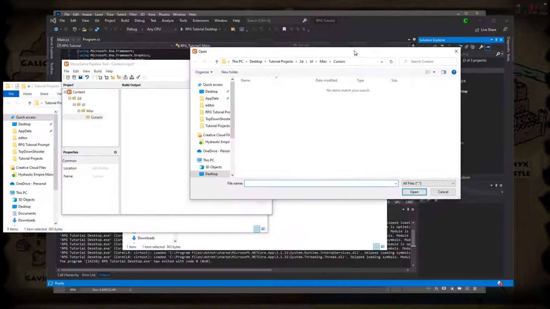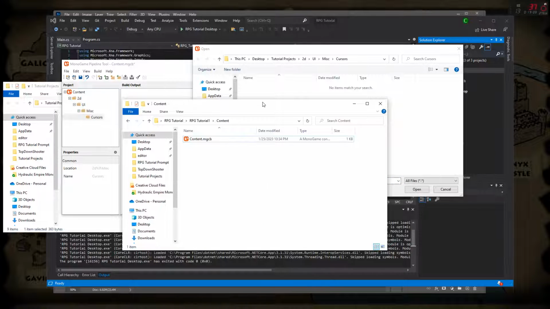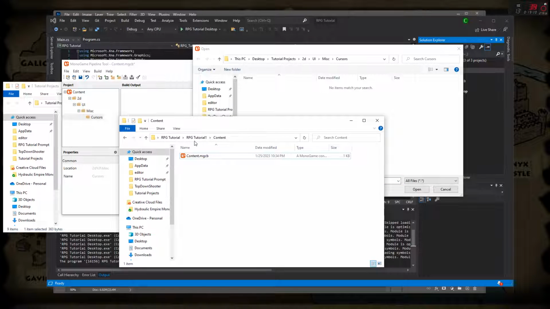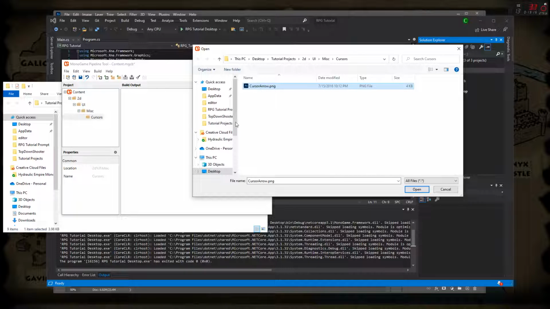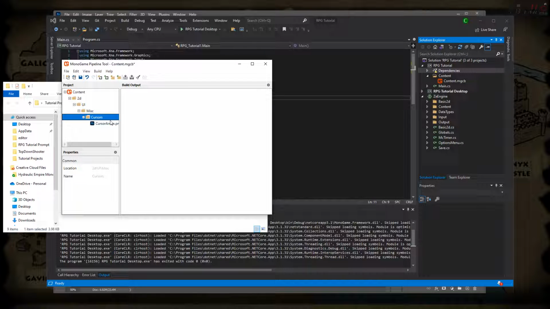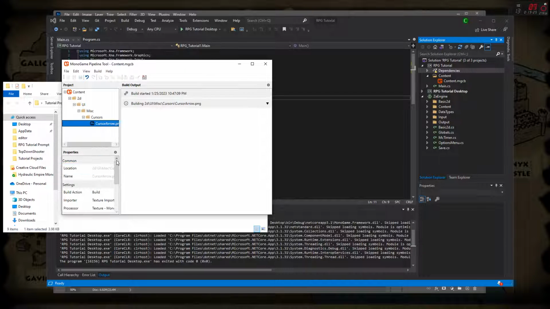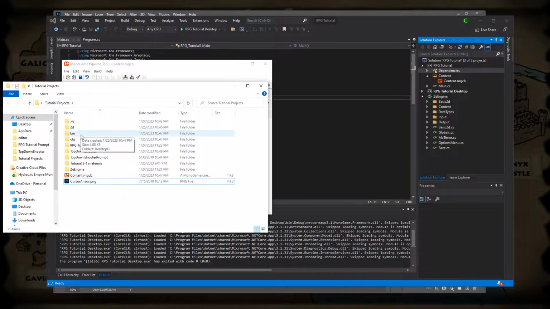Okay, that opened in the right spot. I must have deleted something when I was setting that one up. I just started setting that up earlier. We want this guy, so we're going to copy him in here. I will give you this file, don't worry. And you can hit open. Inside that will be the cursor arrow PNG, and then we just tell it to rebuild. I know we haven't built it, but that's what you do. You tell it to rebuild. Then when you come in here, you have all this. Yeah, I had deleted the 2D folder on accident. That's what I was missing. Okay, mistakes were made, but